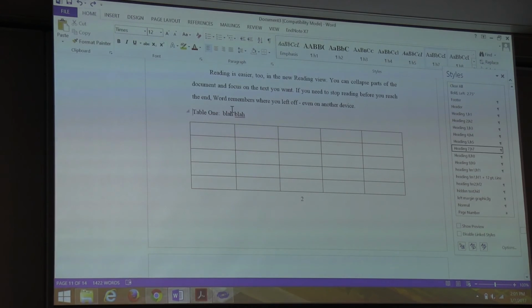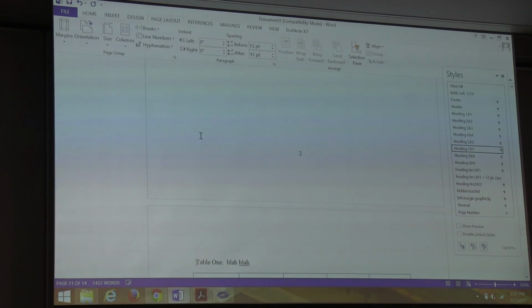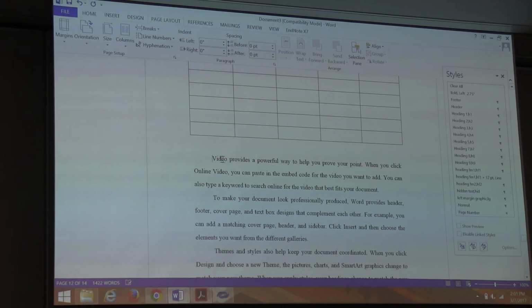The way to do that is to start at the beginning, either the caption or just above where the table starts. And we'll want to put in a section break. You would think it'd be under insert section break, and on Macs I think it is, but on PCs usually anymore it's under page layout breaks. So we want a section break next page, which works like a page break, but now we're in a whole new section. And then where the text continues after that table, we want another section break.